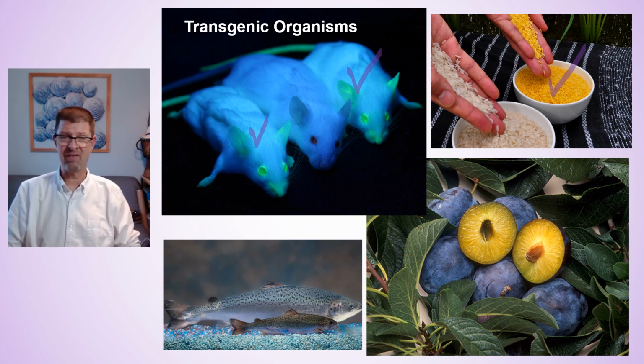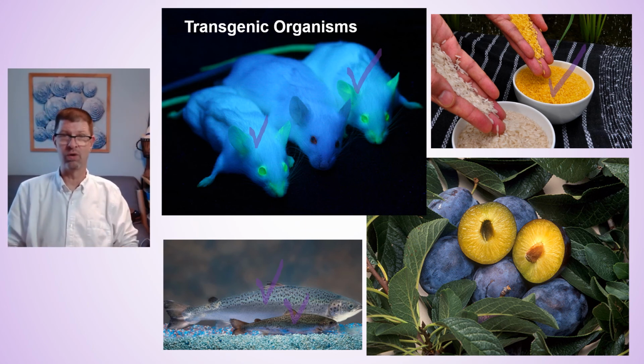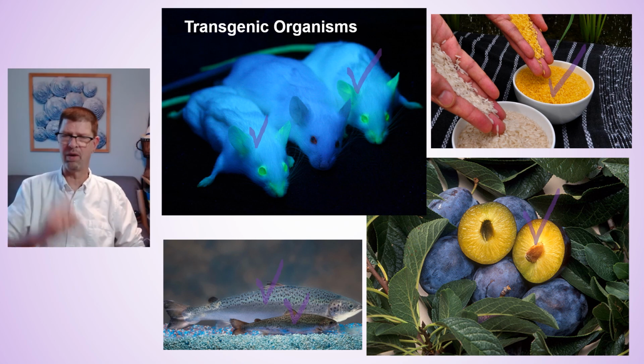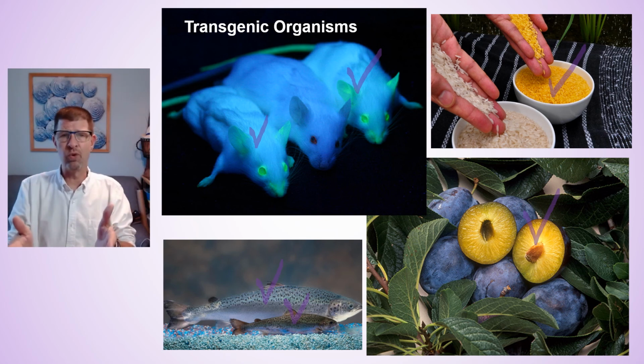Down here we have an aquaculture salmon that grows faster than the wild salmon that the original genes were inserted into. It grows faster, so then it would make more muscle tissue quicker, and we would be able to eat them earlier. And then down here we have a fruit, which instead of growing lots of little seeds in it, grows one big one in the center, so that it's much easier to process when it comes time to eat it. These are all considered transgenic organisms,